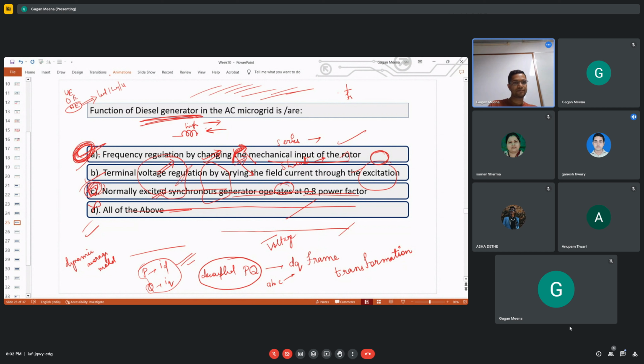Next is: which statements are correct with regard to inter-DC power flow? So this is for when two microgrids are interconnected. First is isolation is not provided. Effective control and coordination is achieved without communication. High control